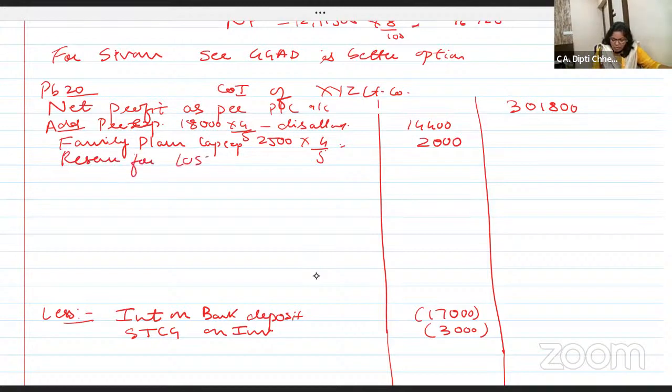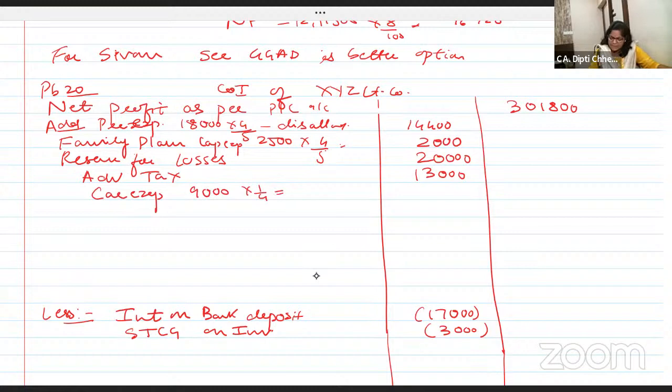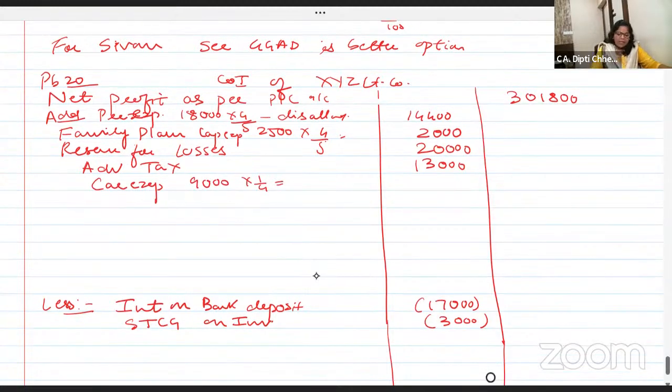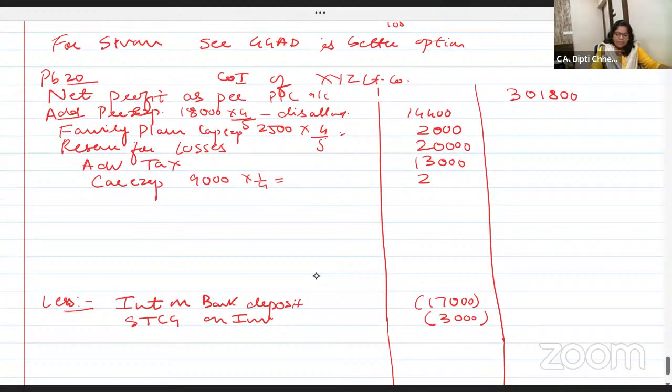You know, reserve for losses, provisions, etc. ये सब allowed नहीं है. These are not actual expenses. Advance tax, what you have paid, you have debited in the P&L account, add back 13,000. Car related expense, they said 1/4 is used by director personally, तो 1/4 आ रहा है, कितना आ रहा है, 9,000 का 1/4, 2,250. ठीक है, दिस अलाउ हो जाएगा.